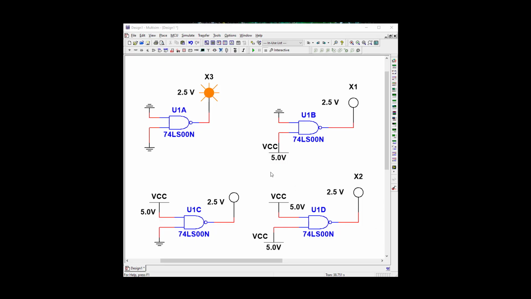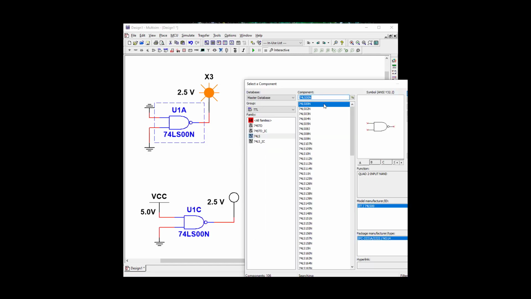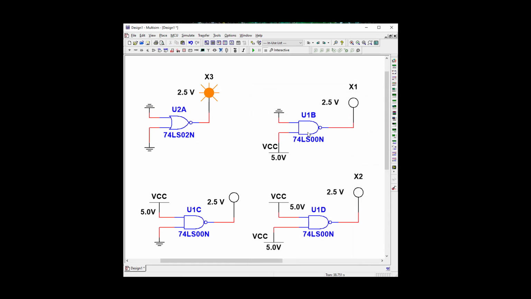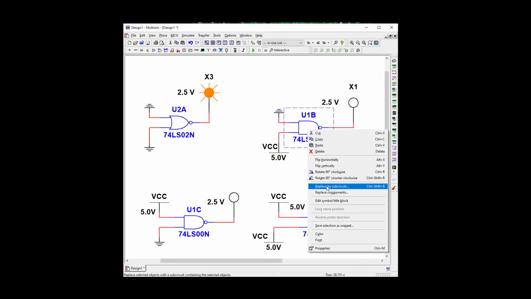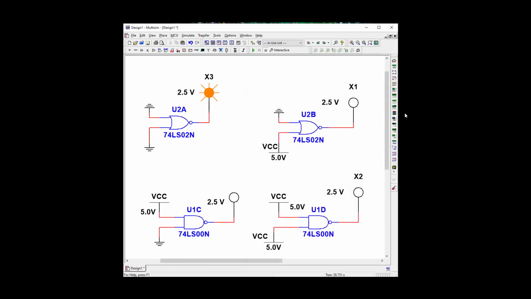Okay, we're back to our Multisim. And I've got rid of the DMMs and I replaced the probes back. What we want to do now is to demonstrate the truth table for a NOR gate. And we can completely redo this circuit, which is not good. So let's go ahead and click on it, and we're going to replace components, and we're going to go back up to 7402, OK, and select A. Right click, replace components, 7402, OK, B,